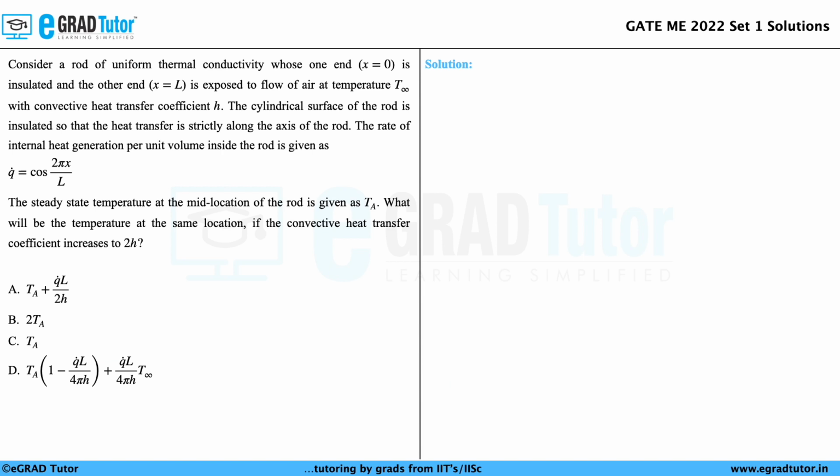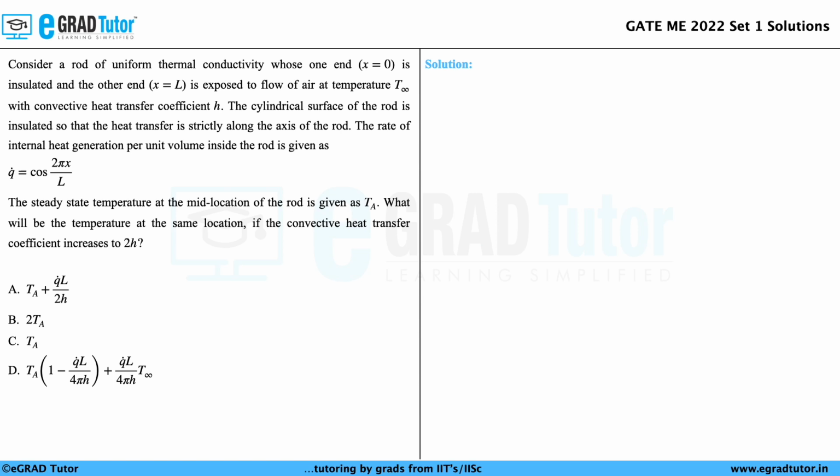Consider a rod of uniform thermal conductivity whose one end, x equal to 0, is insulated and the other end, x equal to L, is exposed to a flow of air at temperature T infinity with convective heat transfer coefficient h. The cylindrical surface of the rod is insulated so that the heat transfer is strictly along the axis of the rod. The rate of internal heat generation per unit volume inside the rod is given as